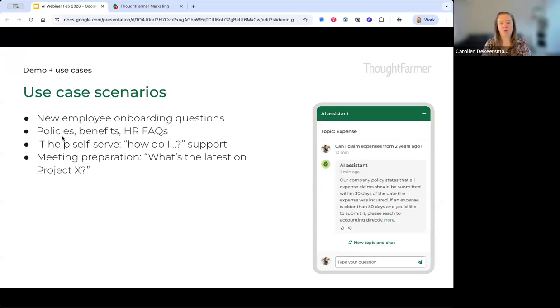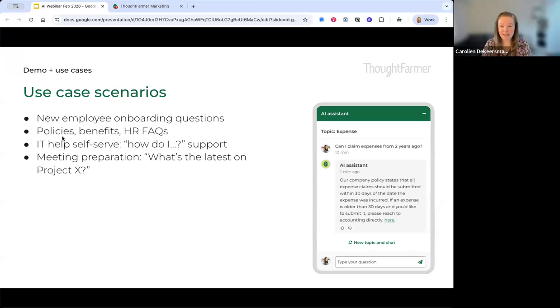Anything that relates to your policies, HR questions that people might have, benefits, customer facing procedures and policies, all of those are really great to feed into your AI assistant to provide those quick answers, as well as the IT information. A lot of organizations have information on their intranet around password management, security policies, setting up the VPN, all of those information technology steps and workflows can now be answered